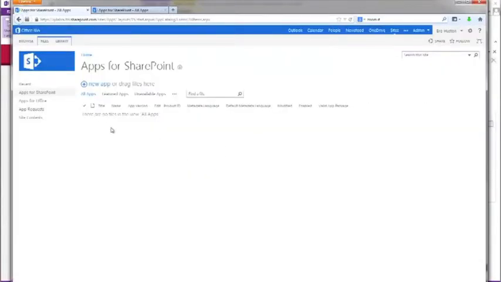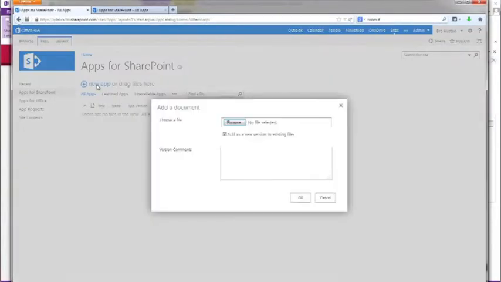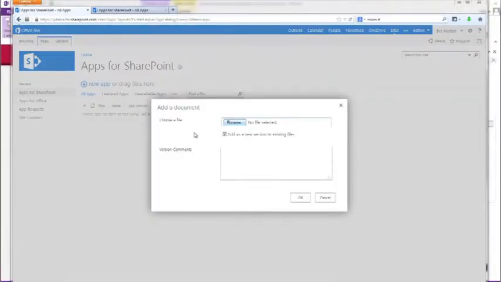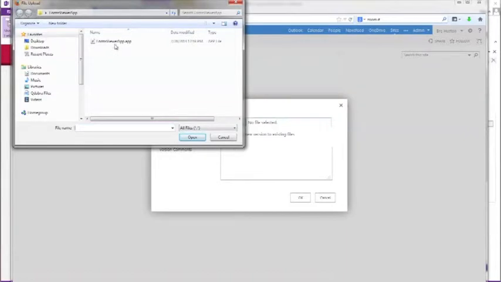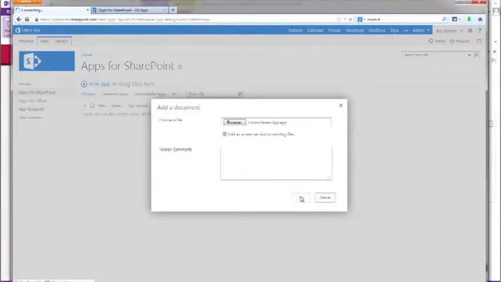Alright, so now there's no apps, and then I'm going to go ahead and browse to my .app file, and here's where it's going to be very important to make sure that the .txt extension is removed. And if you want to set up your Finder so that you can see the file extensions, that will allow you to edit those file extensions. We're going to open, select OK,